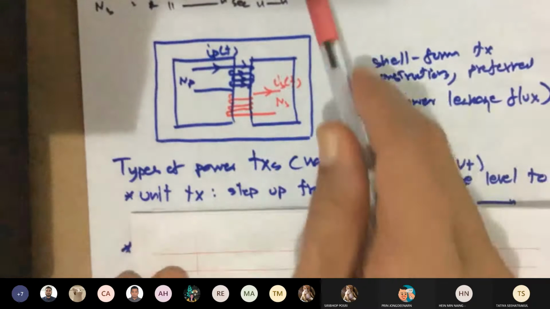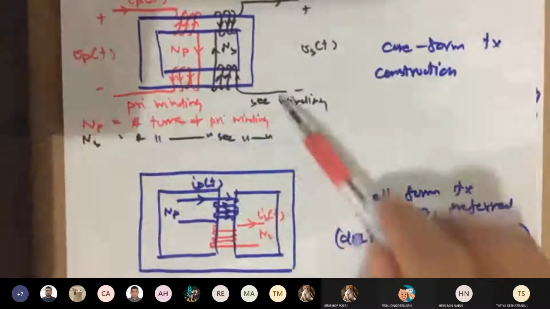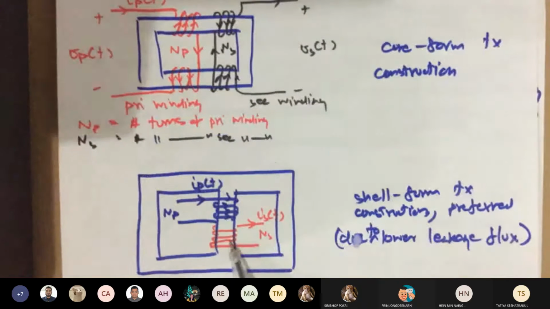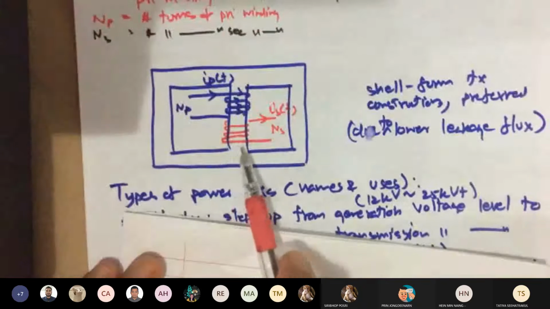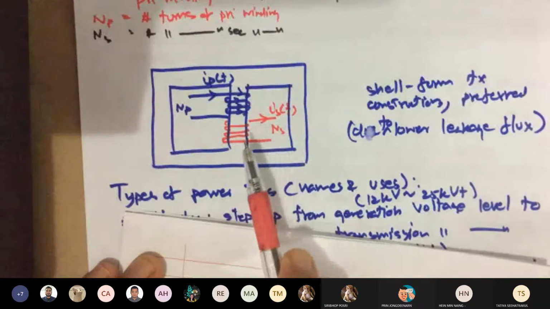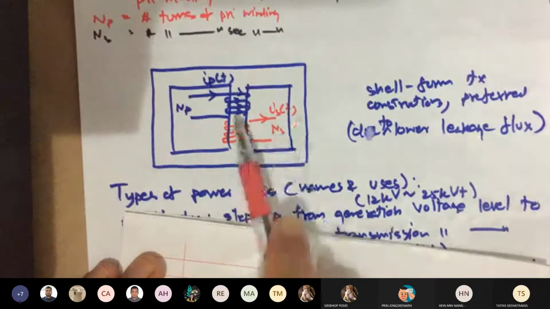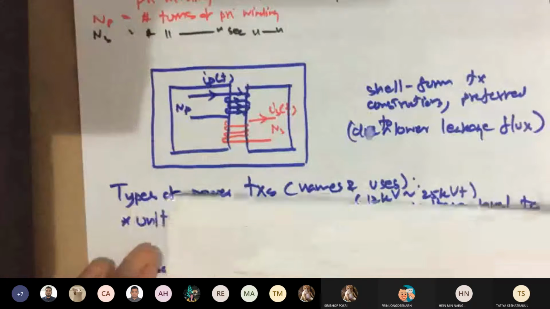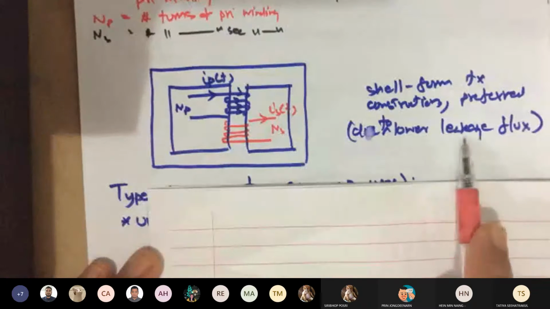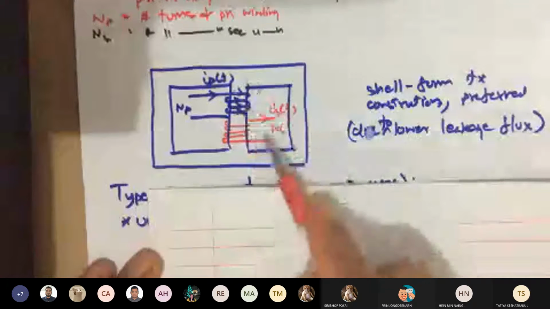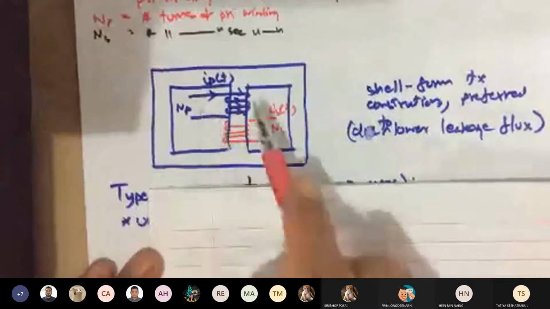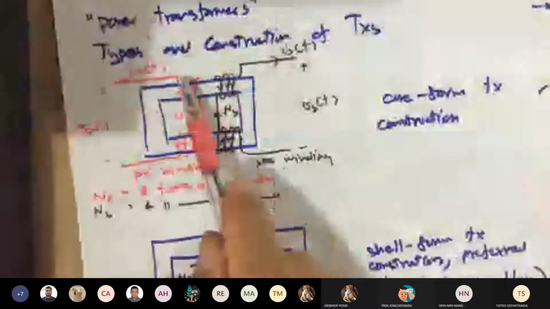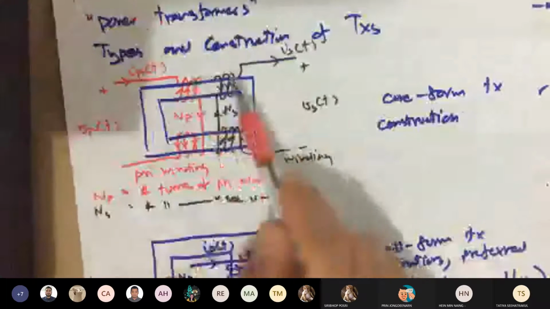Okay. Between the core form and shell form, core type and shell type, sometimes they are called, the second one is a better transformer in terms of performance, because the leakage flux is reduced. This is due to lower leakage flux, because if there is leakage flux around these windings, it will be trapped within the core. On the top one, if you have leakage flux, that's going to go to waste, to the environment,